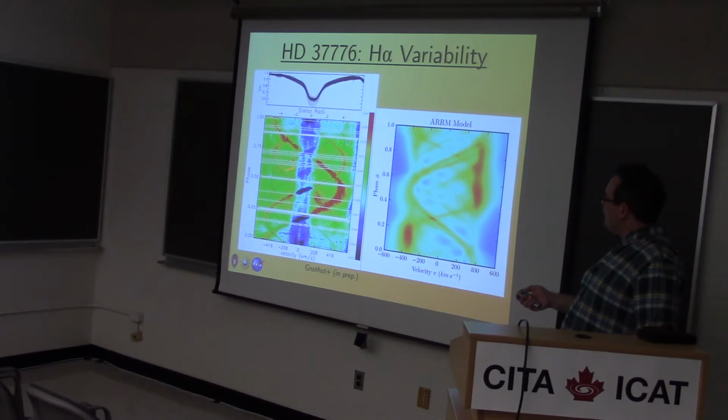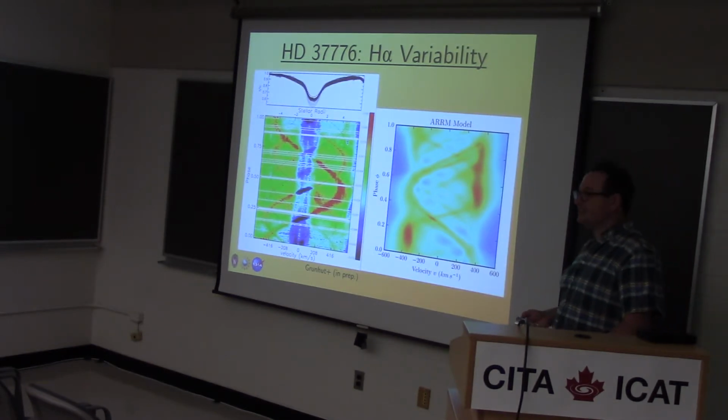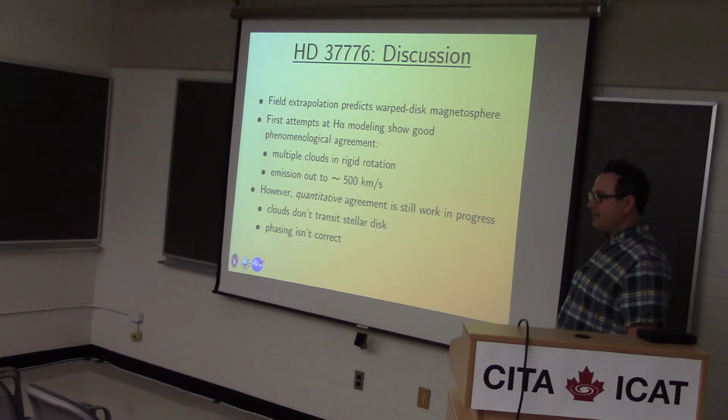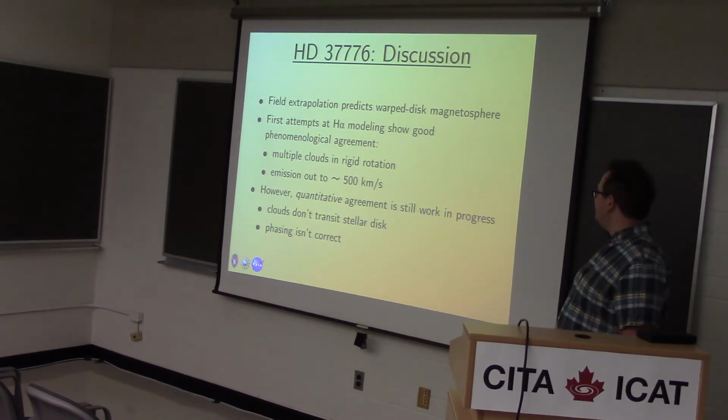You can see that we get these very narrow emission peaks that show a nice S-wave-like behavior, and we see that in both model and observations. So at the qualitative level, we're getting things right, but obviously at the quantitative level, we're not getting the phasing of these blobs right. So there's clearly still something that's not quite right there. That's unsurprising because this star has a very complex field. What's less clear is whether the problem is in how we're extrapolating the field or how we're putting mass onto the field lines. We're not sure yet what's going on. So still much room for improvement, but at least a good qualitative start at modeling the star.